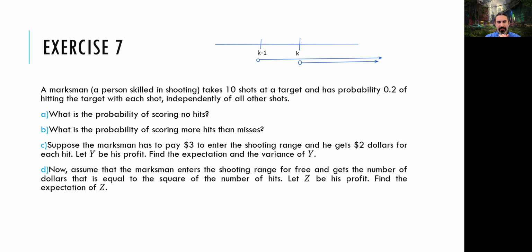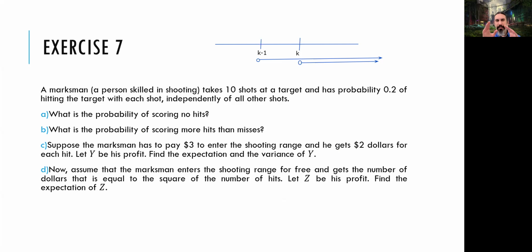Now, last question. A marksman, a person skilled in shooting, takes 10 shots at a target and has probability 0.2 of hitting the target. Not that skilled, I guess. With each shot, independent of all other shots. What's the probability of scoring no hits? Okay,